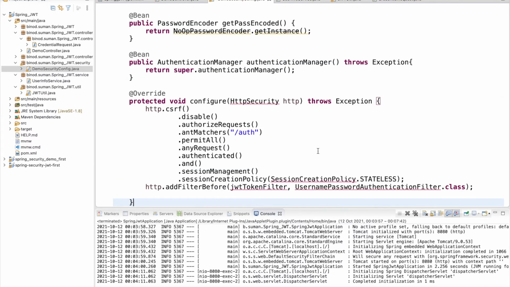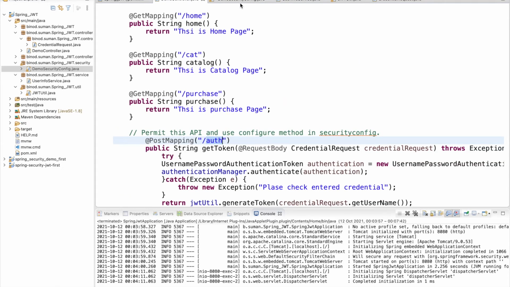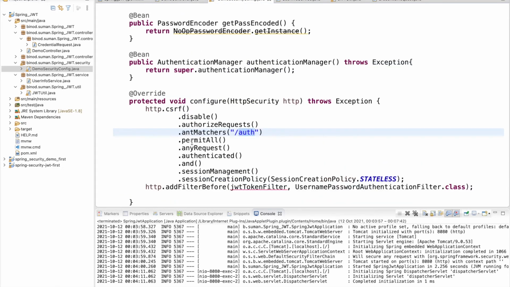So what we have done, we override the config method and say for the auth, this auth API, permit all, means give the permission, no need to check the security, and for any other request authentication should be there, right? And for the other requests we have to use the session management, and that is the stateless session, as we say that JWT is a stateless session.